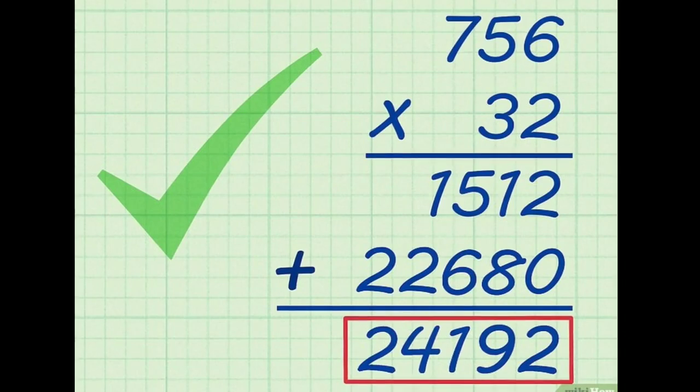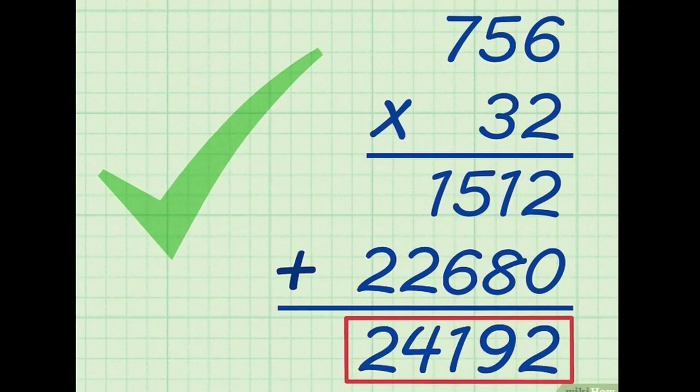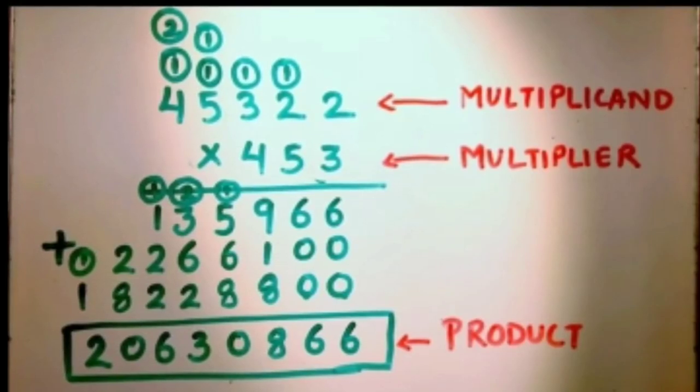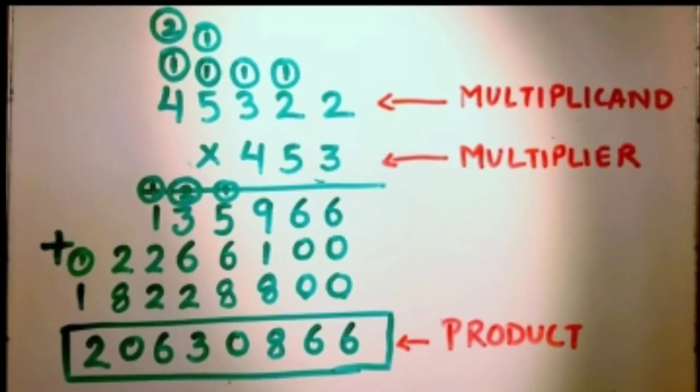22,680. And at last what we have to do? We have to add 1512 with that of 22,680 and we get the answer as 24,192. Similarly, we can carry out the multiplication with a 3-digit multiplier. Let us see another example. Here the number is